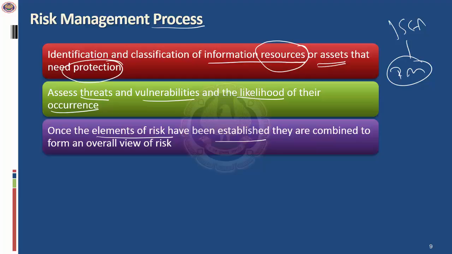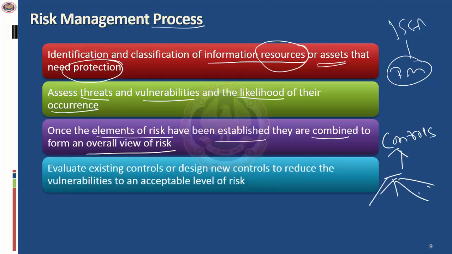So when you look at risk management for the impact of fire, you don't need to look at it in isolation, only a separate component, let's say the building or the computers or the people. You have to look at it in totality. This is where you aggregate or combine the risk or the impact of the risk to form an overall view of the risk. Why is this important? Because when you aggregate the risk, you will decide what are the controls which are to be implemented. So it could be possible you have multiple risks, and all these multiple risks can be mitigated by implementing one type of control.